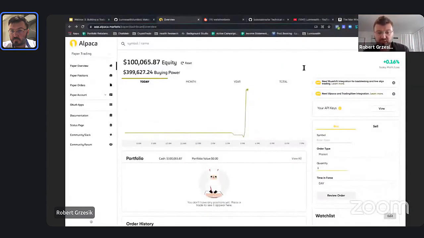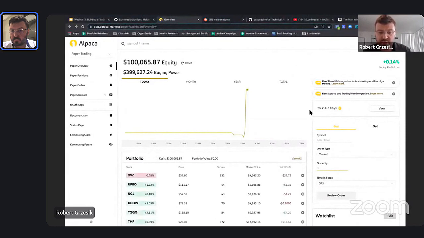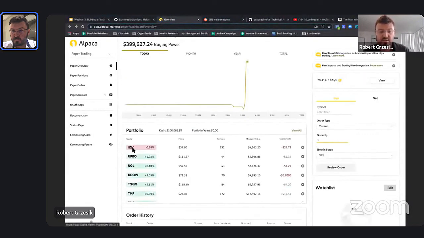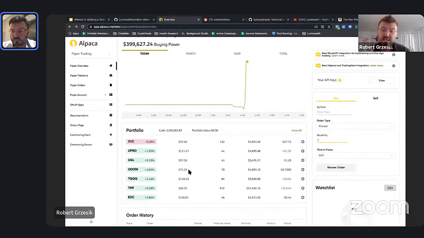When we go in here, you can see it automatically bought all these things for us, all the different ones. This would be a pain, by the way, to do on your own. And the key is that it doesn't just buy these, it rebalances. Because you'll have days where, for example, TQQQ will shoot up 100% in a week's time. When it shoots up 100%, you want to rebalance your portfolio and put money somewhere else. That's how you actually get the safety along with the very good gains. It's intelligent portfolio construction.